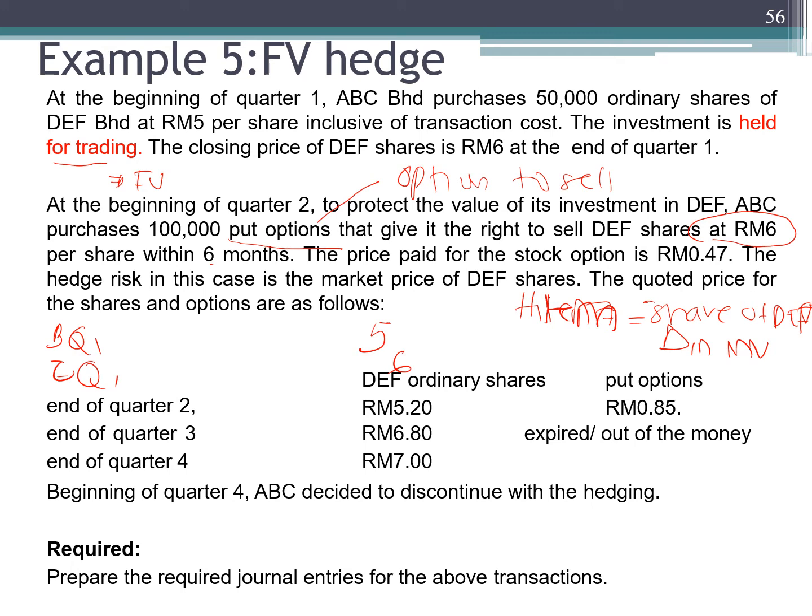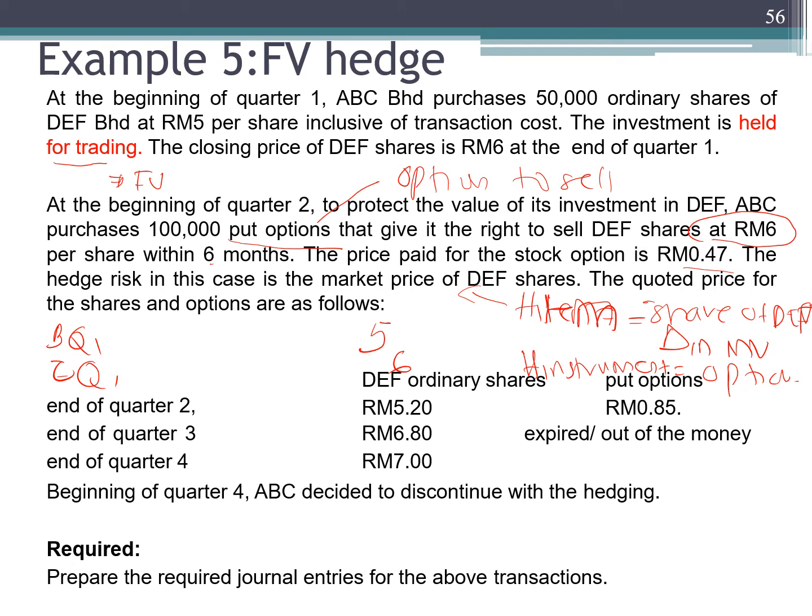The contract at this time, you are using the option, the derivative that you have here. So the hedge instrument that you have here is an option. The price paid for the stock option here is 47 cents per unit. The hedged risk in this case is the market price of DEF's shares. So this is your hedged item, which is the market price of the shares, and then this is the quoted